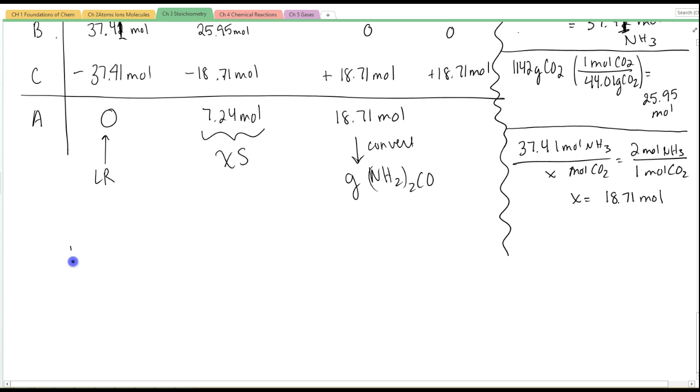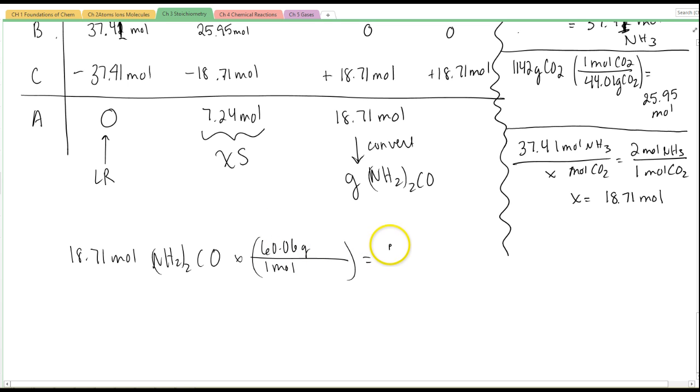So 18.71 moles NH2CO times the molar mass, which is 60.06 grams, and I get that I made, using sig figs, 1,124 grams of